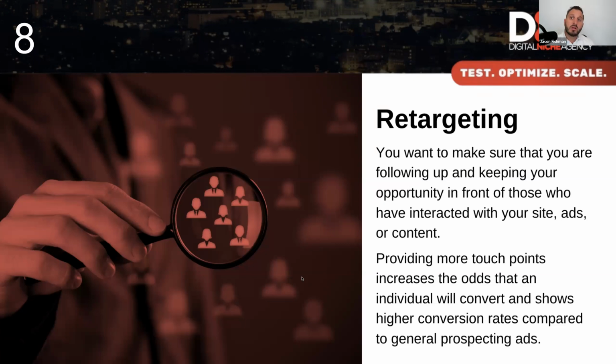So 7 touch points or more is the age-old rule of thumb. 17 or more is used in more and more communities. The idea is more touch points increases the probability that an audience moves forward, that they convert and shows a higher conversion rate at any of your events. The Pixel has different events, often view content, perhaps add to cart, initiate checkout before purchase, before lead, before install. So you want to look at different types of retargeting messaging, look at each stage of that funnel, each event as a different retargeting pool.